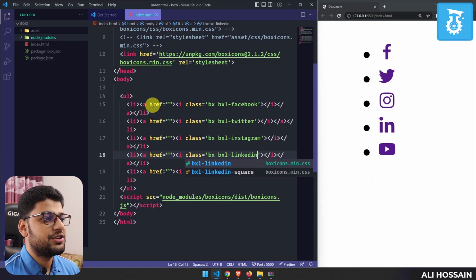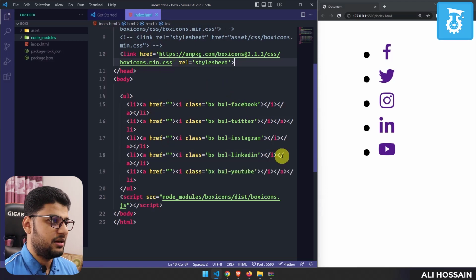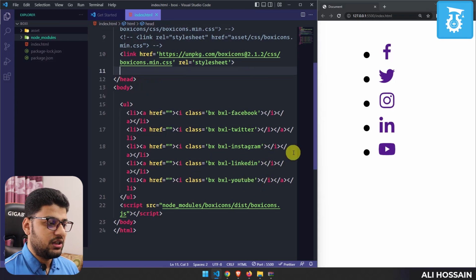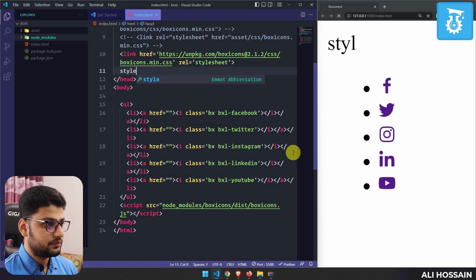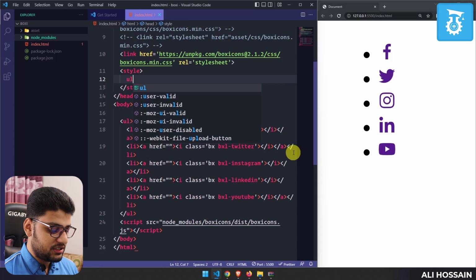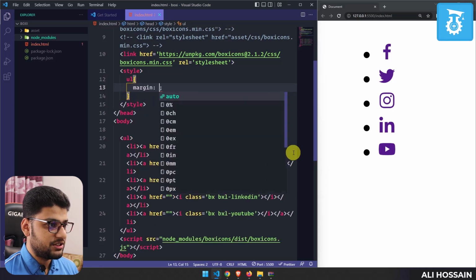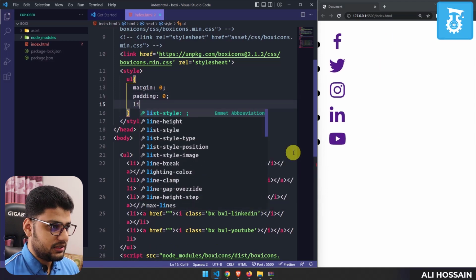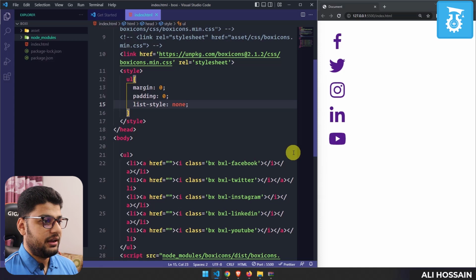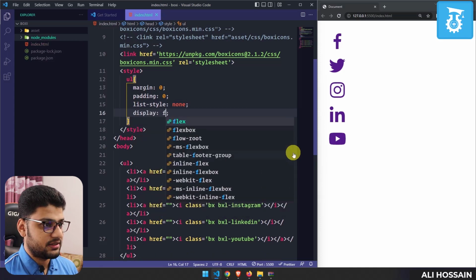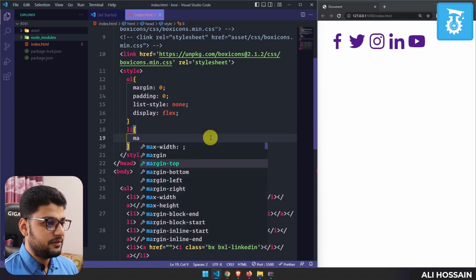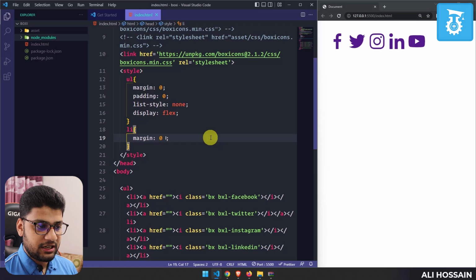Now what you can do, if you're interested, you can also style them. I can actually, if I'm interested, I can create a style.css file here, or I can try to use here actually inline style. So I can write a style. Okay, and inside this style I can write UL, and for that I can write margin 0, padding 0, list style none, and I can write display, it can be flex. So you can see they look something like that. For LI, I can write margin, it can be top and bottom 0, and left and right it can be 200 pixel,